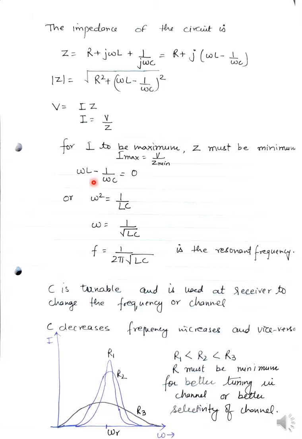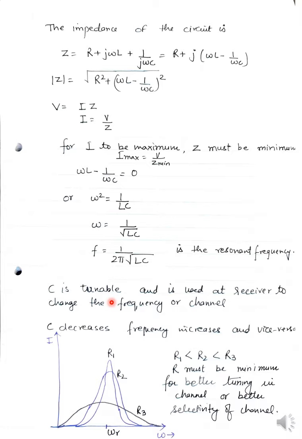So we can say omega L minus 1 upon omega C is equal to 0. So omega squared is equal to 1 divided by LC. Omega is equal to 1 divided by root LC. And if you need to find the resonant frequency, then omega equals 2 pi f, so f will be equal to 1 divided by 2 pi root LC. Now